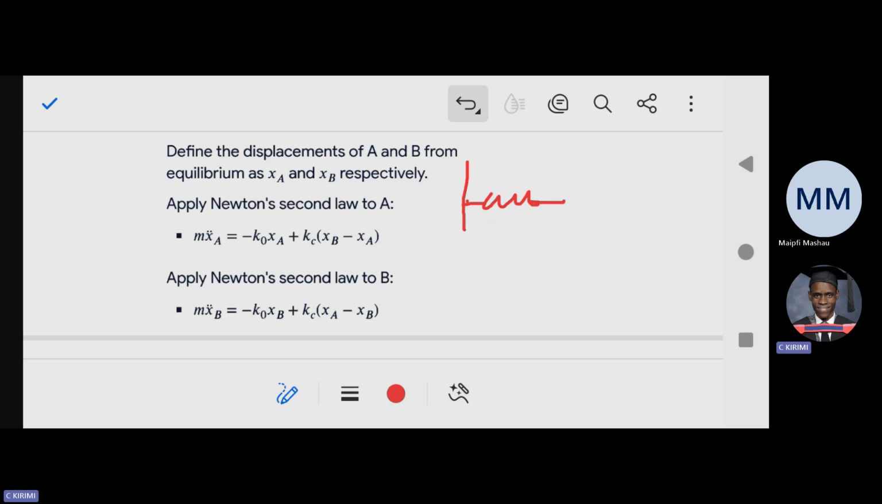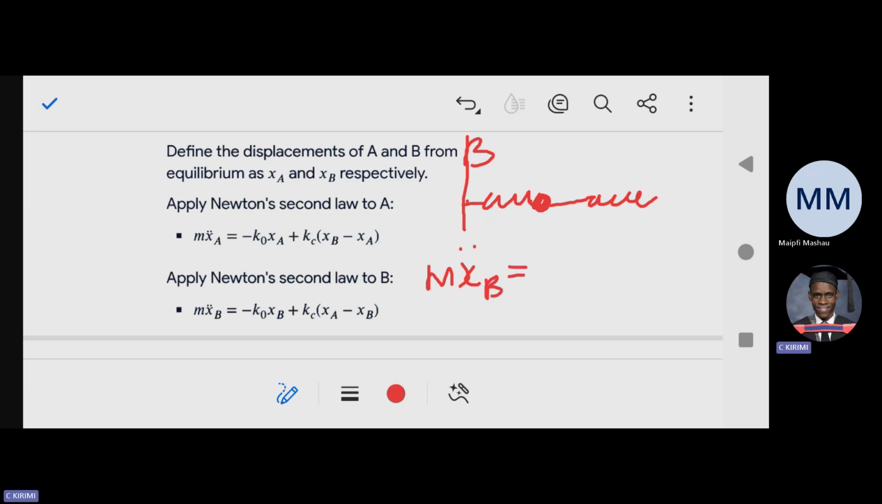You have your mass like that, and the spring is also hanging. You have not attached A there. So this is your B. You have not attached what? A. So you use the same formula: mass times acceleration at B